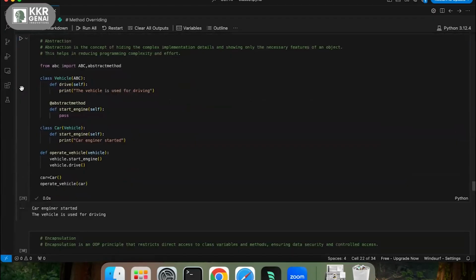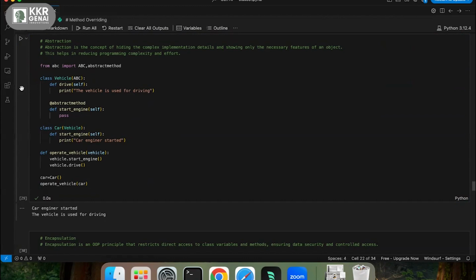If you don't want to implement a function but still want to declare a method, you declare that method as an abstract method. Such methods are called abstract methods. In Python, abstract methods are declared with the @abstractmethod decorator.